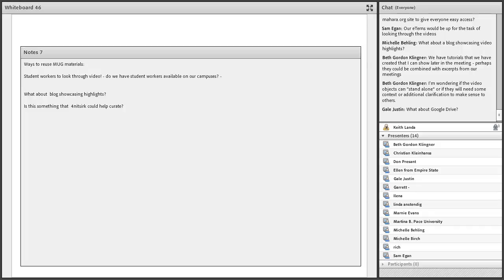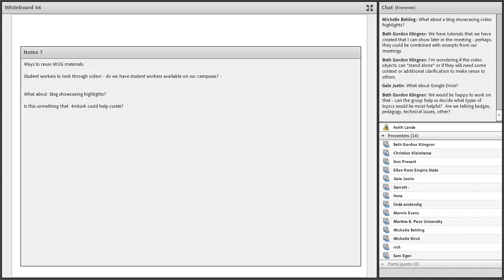I mean, once it's available, we should put it everywhere we can think to put it. It's not just what's the best place, but what are all the places. So Mahara.org is an obvious one, but if we can get it onto some of these other repositories, or somebody mentioned a blog showcasing highlights, or our Facebook site.